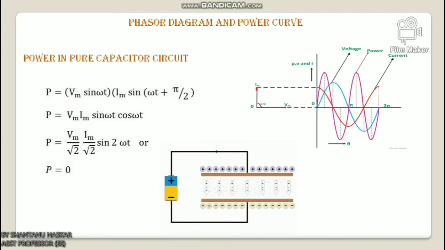The average power in a half cycle is 0, as the positive and negative loop areas in the waveform shown are the same. So in the first quarter cycle, the power supplied by the source is stored in the electric field set up between the capacitor plates. In the next quarter cycle, the electric field diminishes, and thus the power stored in the field is returned to the source. This process is repeated continuously, and therefore no power is consumed by the capacitor circuit.